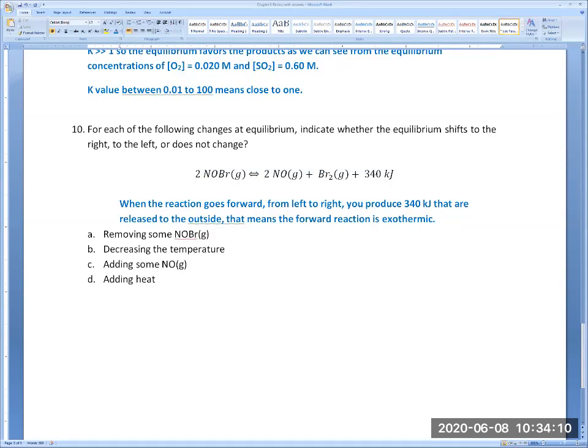So then thinking about the rate of reaction, what happens when you are removing some NOBr? So tell me, what happens to the equilibrium? Does it shift to the left, shift to the right, or does not change? So you can answer by saying left or right, or no change. So when you are removing some NOBr,